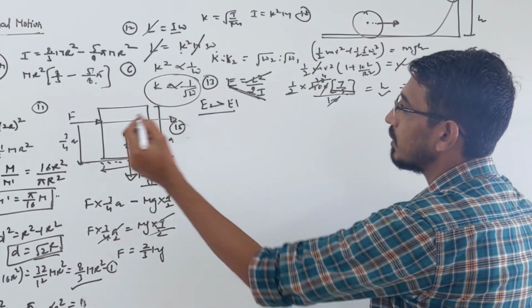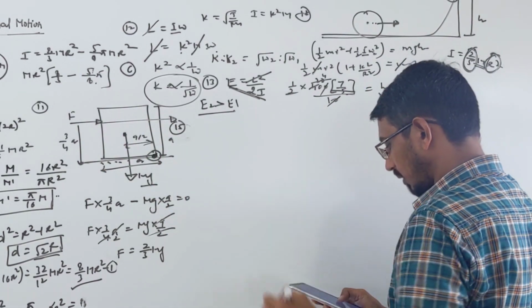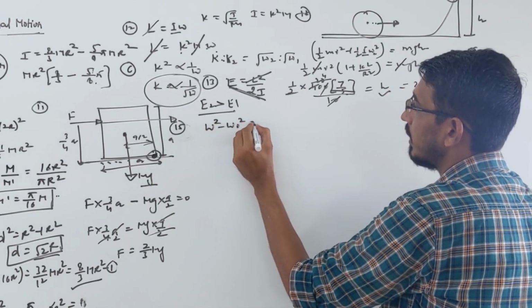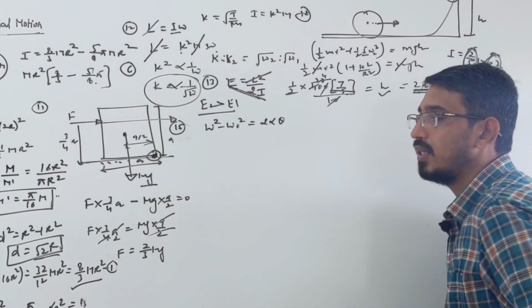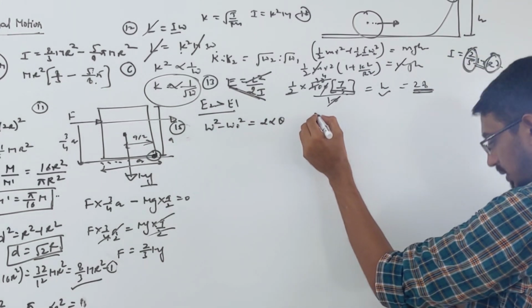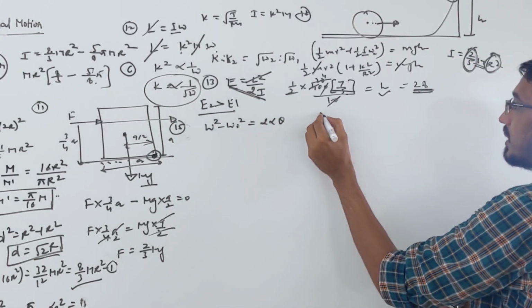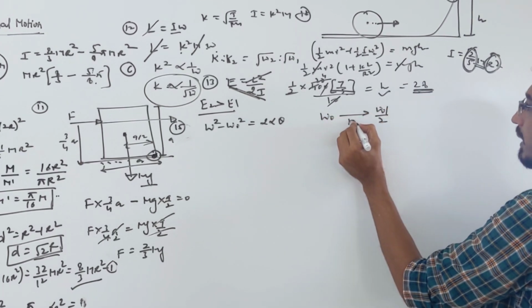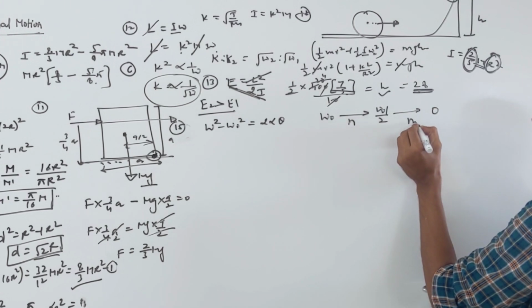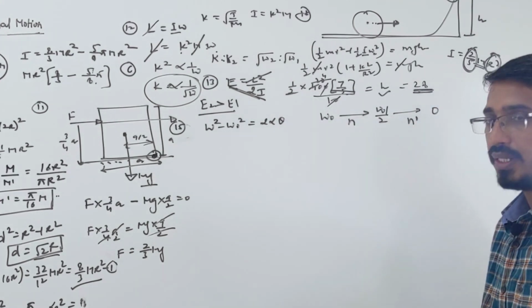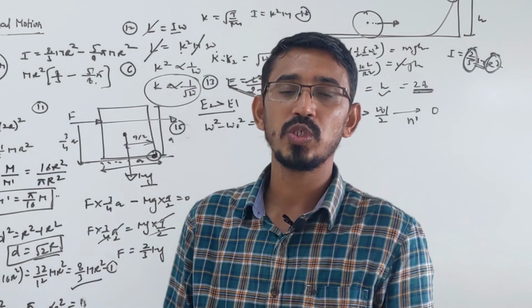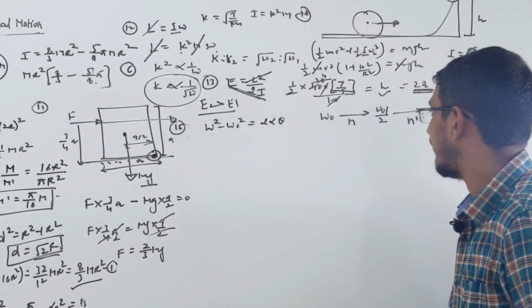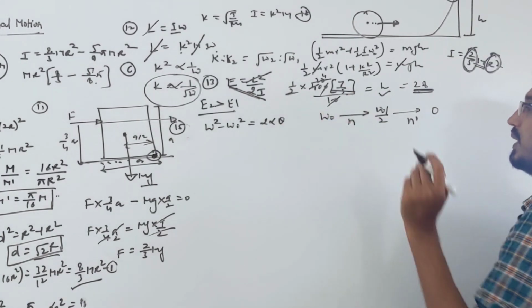Equation of motion, look here, what is the equation of motion? You can write this equation, omega square minus omega naught square is equal to 2 alpha theta. So first they said it has initial angular velocity omega naught, then it becomes omega naught by 2 in n rotations, then it becomes 0 in how many rotations they are asking. Number of rotations is directly proportional to the angle, right, how much angle they have covered, that's what it depends upon. So look here, simply we have to calculate theta.